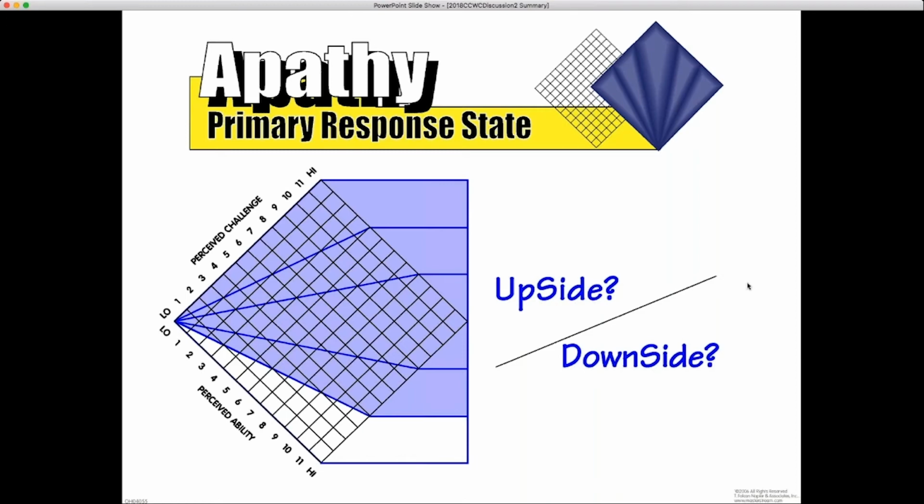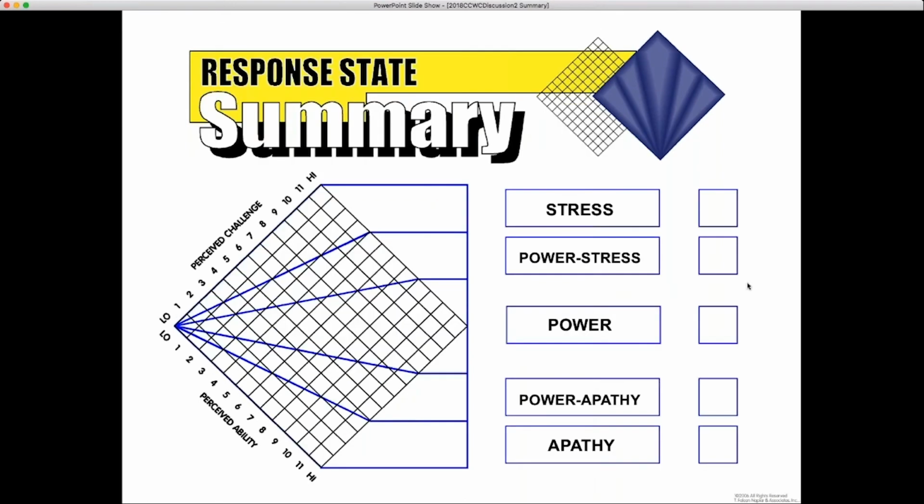Okay. Anything else on apathy, on these levels of tension? Okay, great. So let's have a little bit of a discussion now in terms of the coach and the coaching practice. The first thing I want to think about with these five levels of tension is how will each level of tension impact, say, a prospect reaching out to a coach for help? What will we see in each level of tension from a prospect? So if we had a prospect in stress, for example, what would that look like?